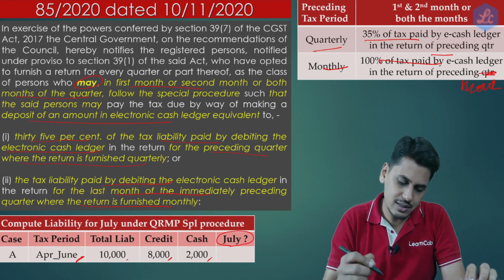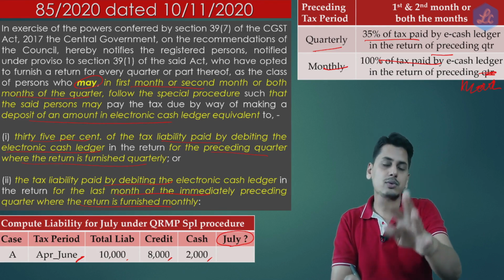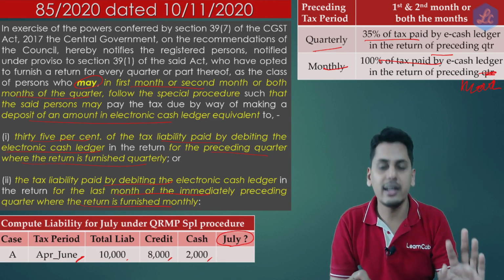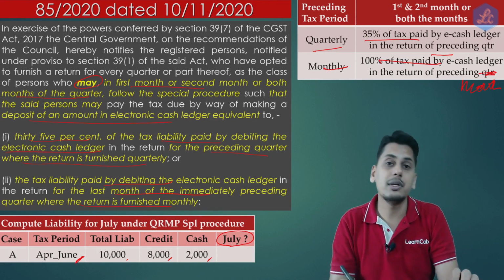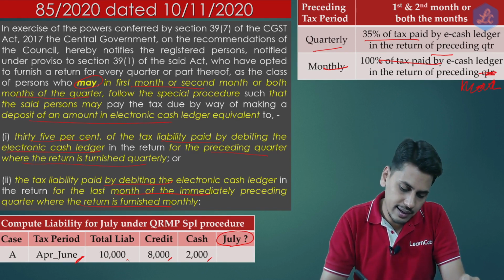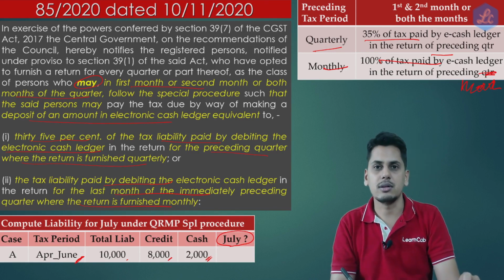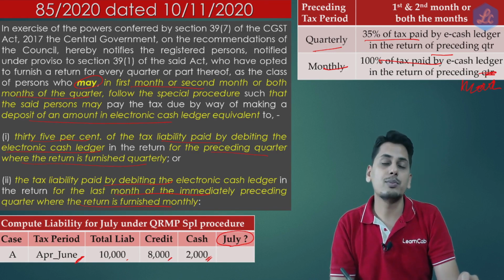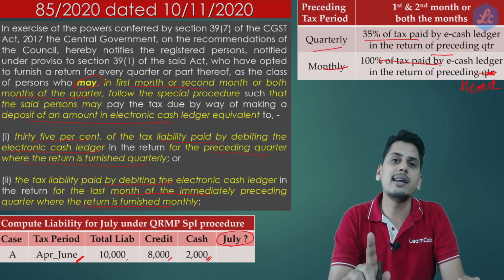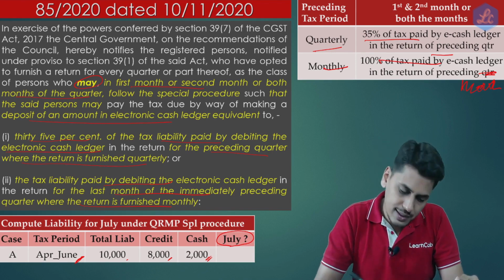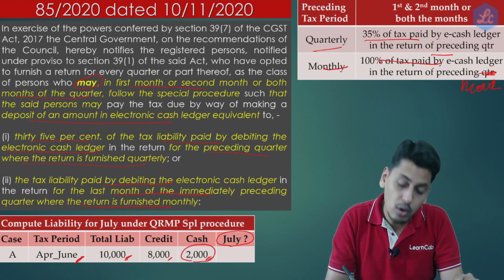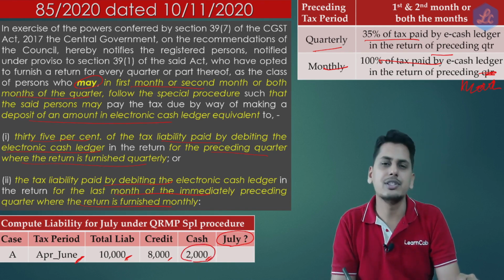If you are going under self-assessment, you need to compute the actuals, what is your total output, what is ITC, pay the difference. If you are going under the fixed sum, you need to check historical data. Historically, the preceding tax period happened to be a quarterly period. So therefore, total liability is 10,000, credit is 8,000, cash is 2,000. So friends, for the month of July, are you supposed to pay 100% or 35%? It is 35% because the preceding tax period was quarterly. Now 35% of total liability? The answer is no. 35% of the amount which you paid from your electronic cash ledger,